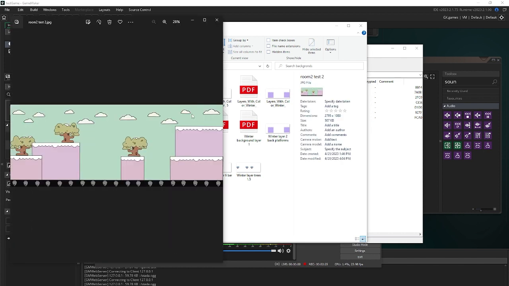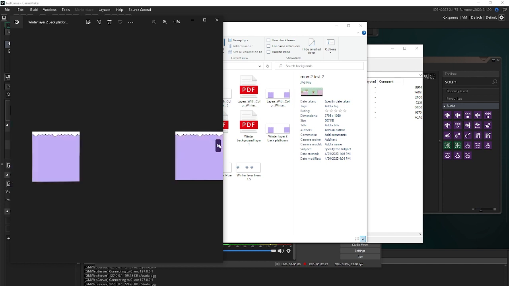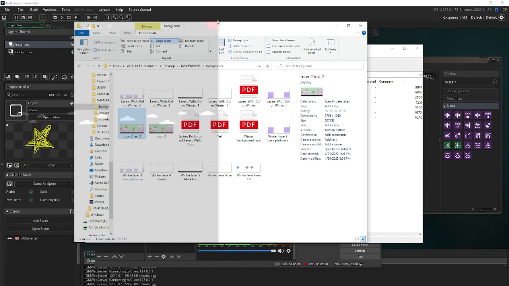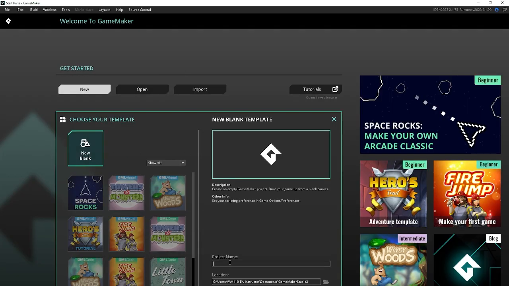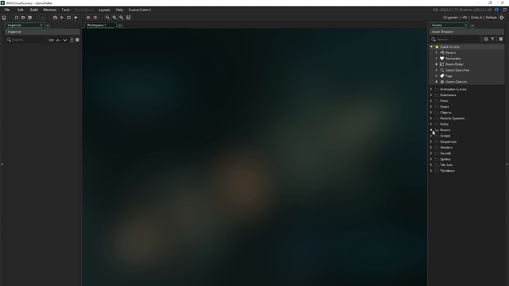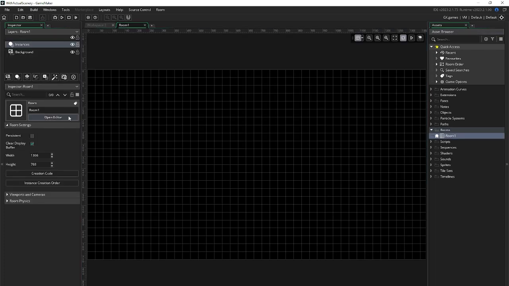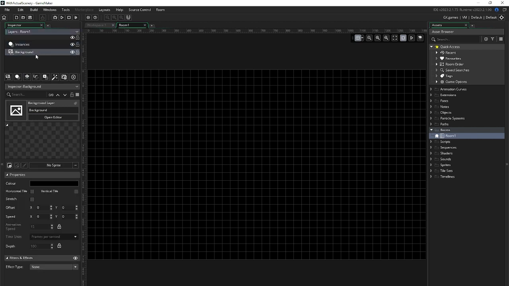We have a fully fleshed out background, but we actually need the backgrounds kind of divided up, which we also have. So, great, cool. What I'm going to do is start a new game. And I'll call it with actual scenery. Let's go. And in my main room, room 1, what I'd like to do is click on my background layer,